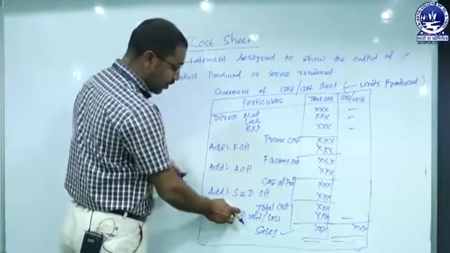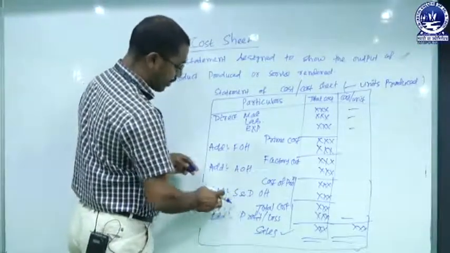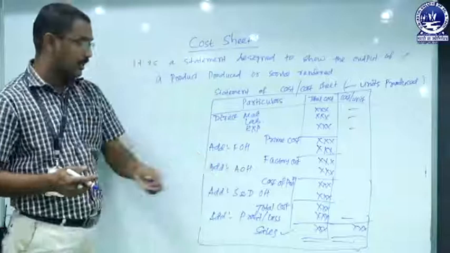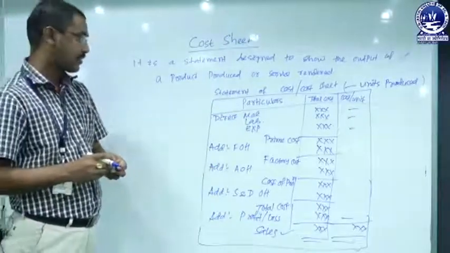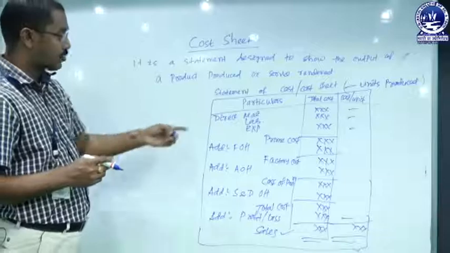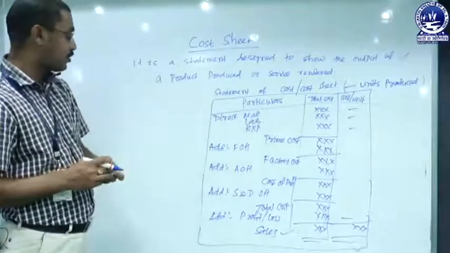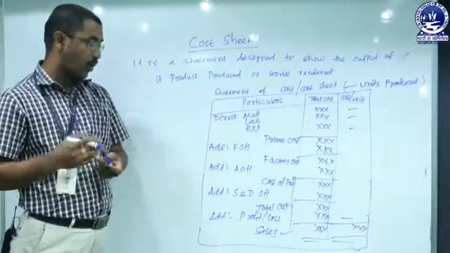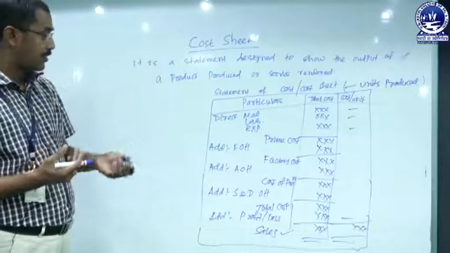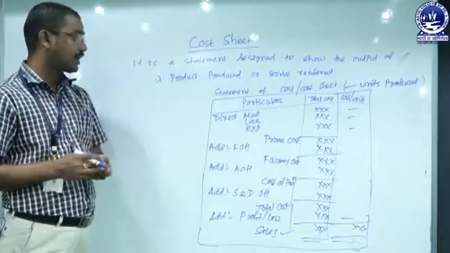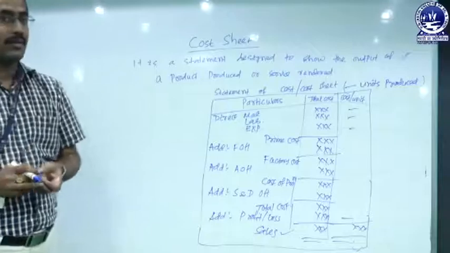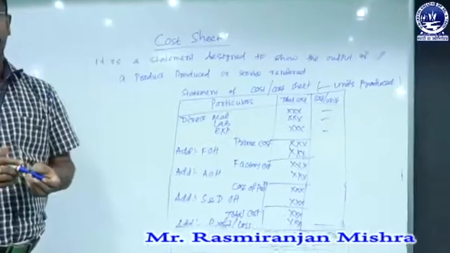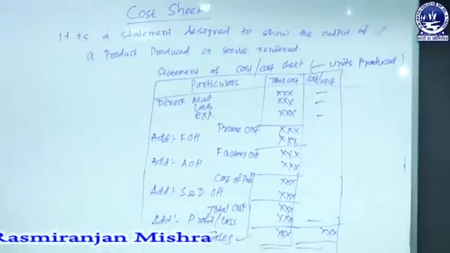So this amount under a head, either it is given in the question, or we can also find it out by taking into consideration the cost and sales. There will be a simple problem we will work out according to this statement, and we can find out what is the total cost incurred for producing a product, or the amount of profit, or the amount of sales. As per the question we will work out, then it becomes very clear how the cost sheet will be prepared. So we will now switch over to the problem, and accordingly you can understand better.